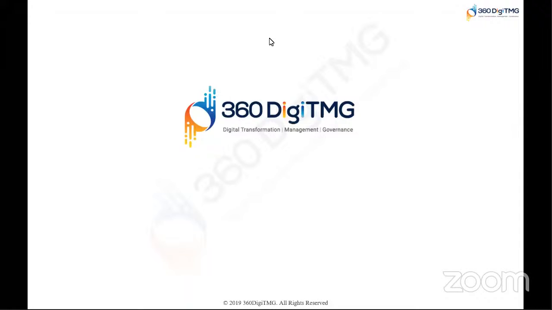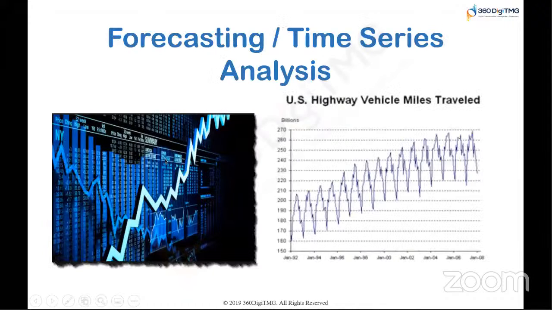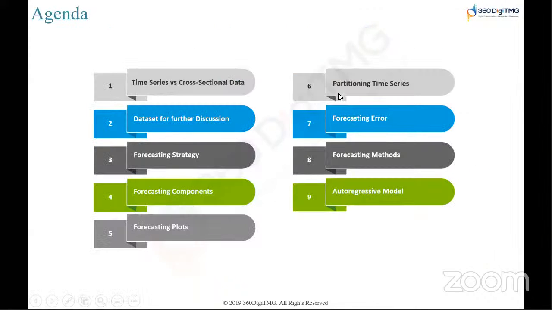And yesterday we had started a new topic, which was forecasting, working with time series data. And in continuation to that, we'll be studying a little more about that. So I was just opening the presentation. So a quick recap. We have discussed the differences between time series and